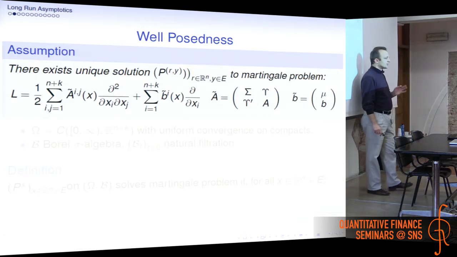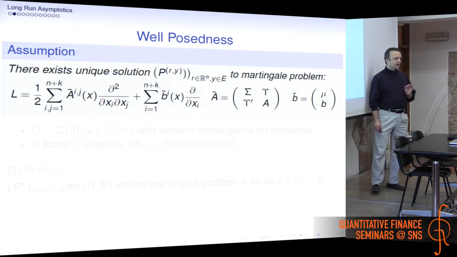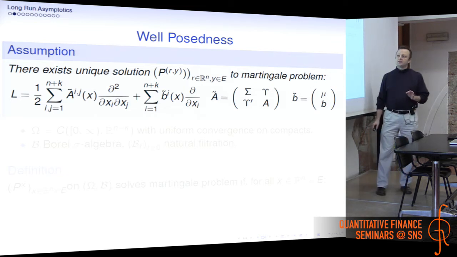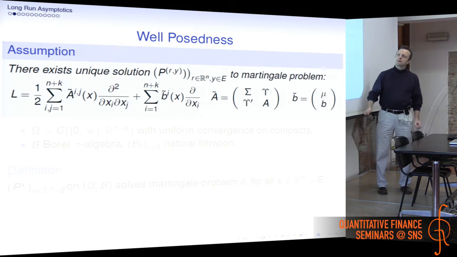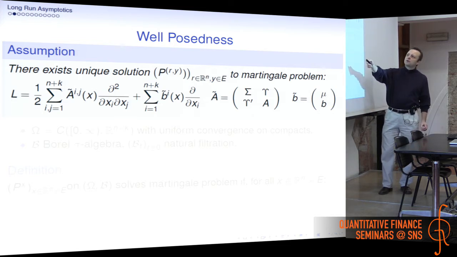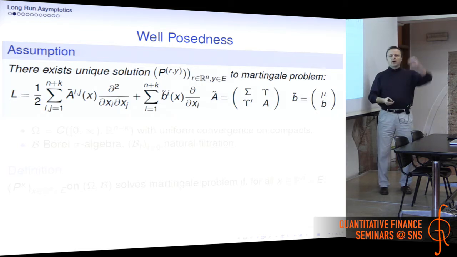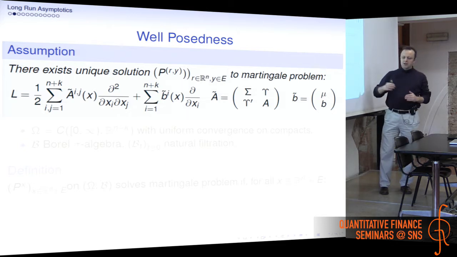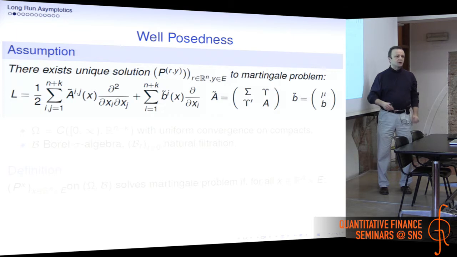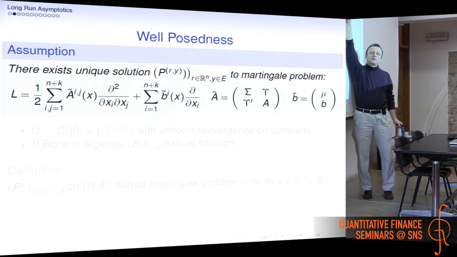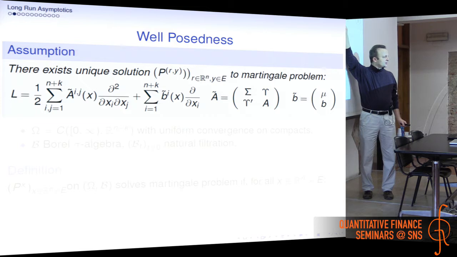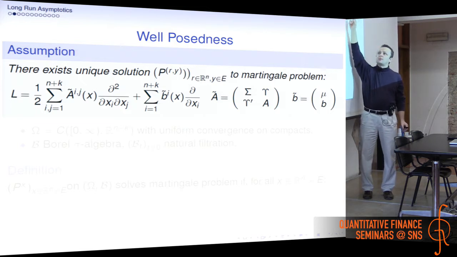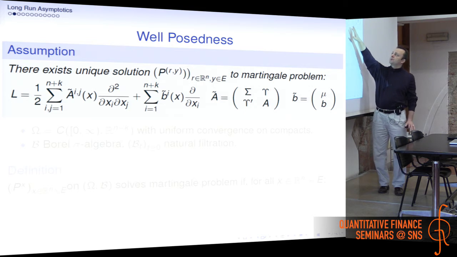Now, the first assumption we have to make is that the model we write actually makes sense, okay? The way that this can be written properly is that we say that we want a unique solution to the martingale problem implied by the equations we have written already, which is basically D plus K dimensional diffusions. The first D components come from the assets, the next K components come from the state. Okay? So this is a D plus K times D plus K covariance matrix and a D plus K drift,